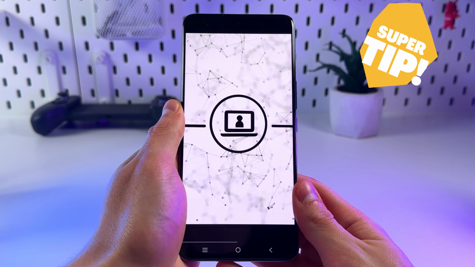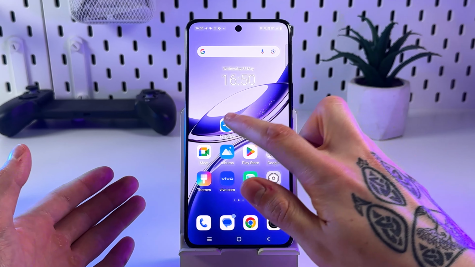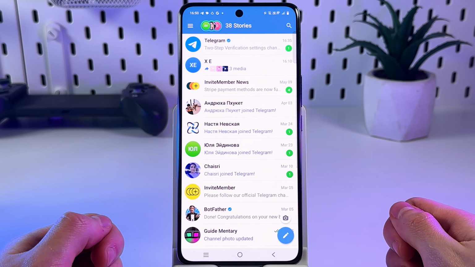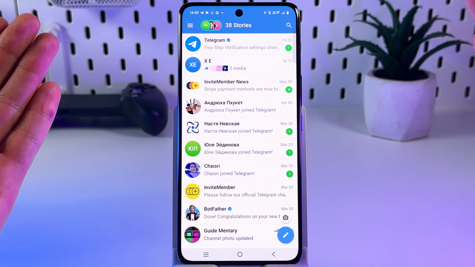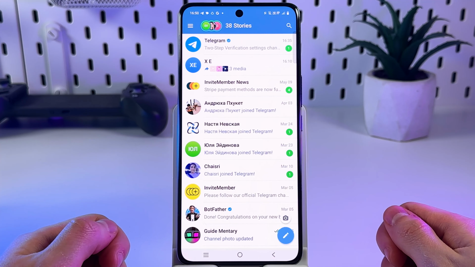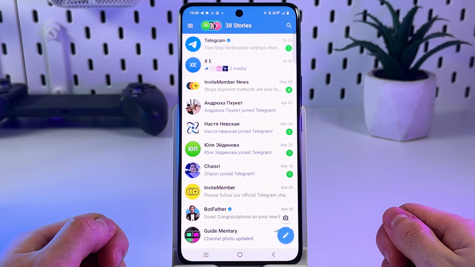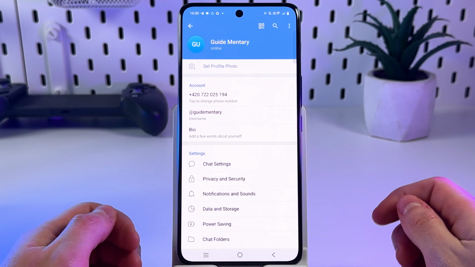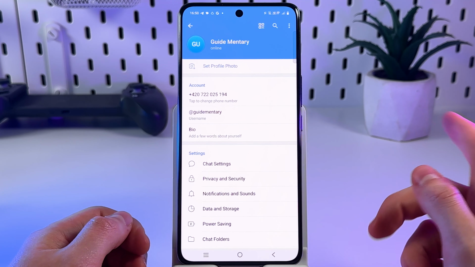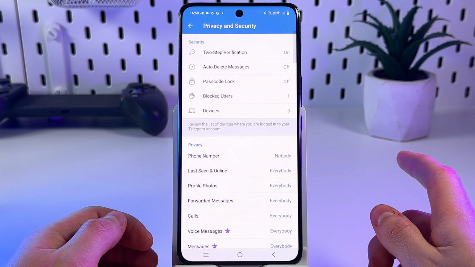So let's get started. First, open Telegram and afterwards access the settings of the app. The way to access the settings on your device might vary depending on which device you're using. But anyways, when you have accessed the settings, go to the privacy and security right there and tap on the